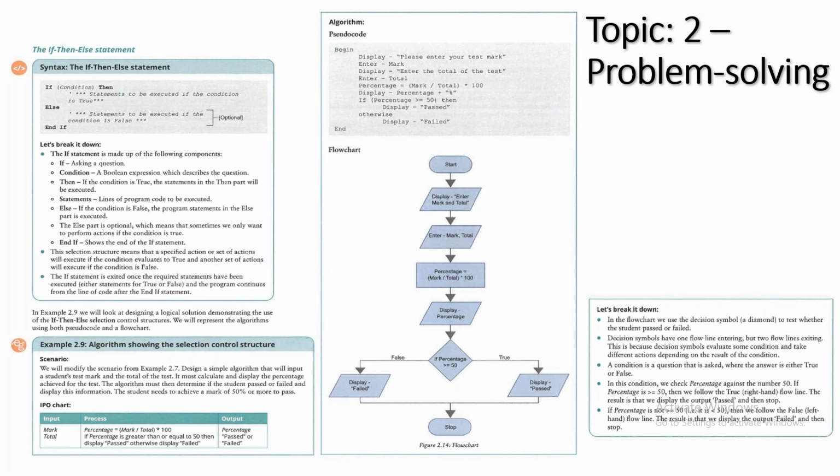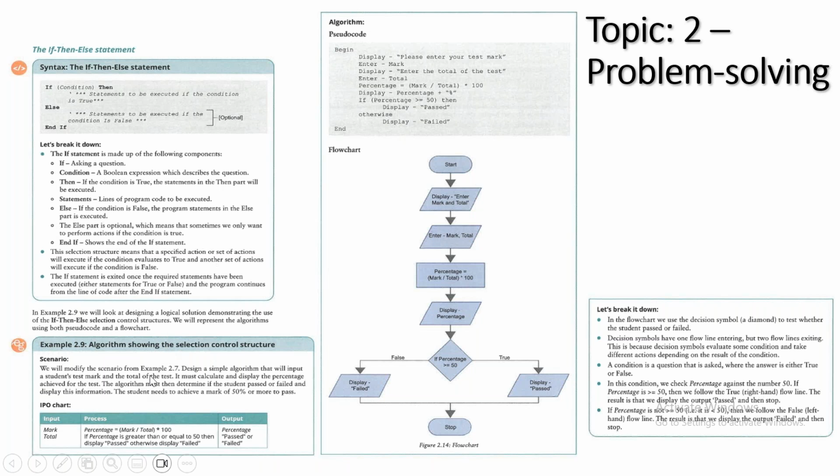So, yeah. So we have the syntax. Remember now, when they're designing algorithms, there isn't really syntax when it comes to pseudocode. But here the syntax explains to them exactly in this example how the if-else statement works. And then they see the syntax here, and they will see it again when they program in Scratch, and they will see it again, very importantly, when they are programming in Python as well. So we give them the syntax. We have a let's break it down section so we can explain it in greater detail.